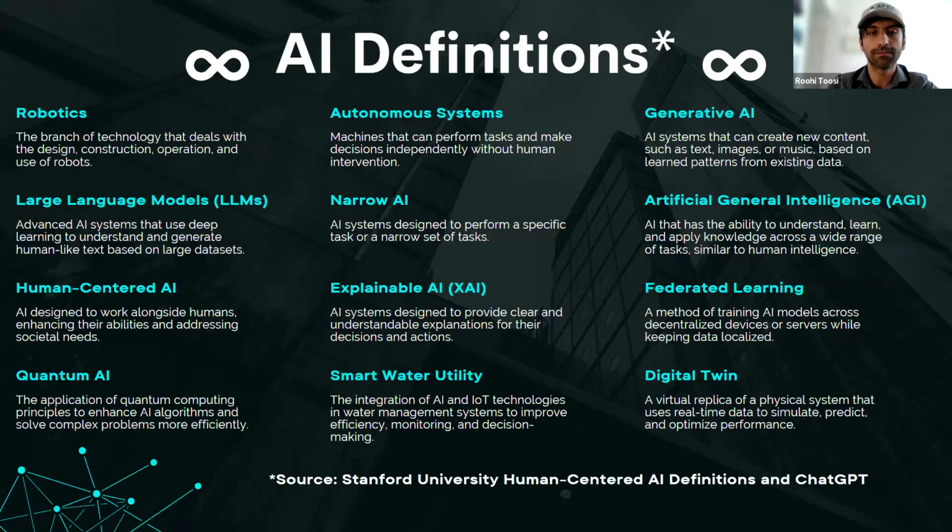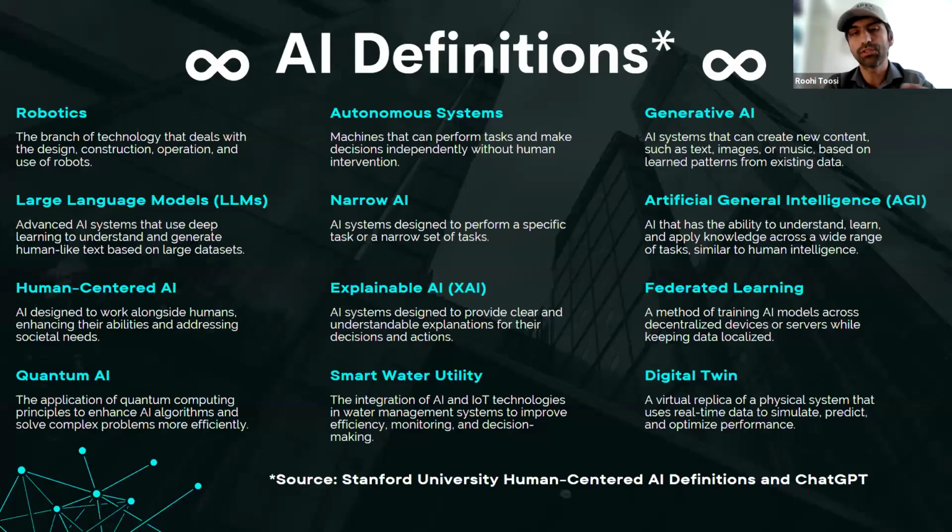But there are 3 definitions that I want to focus on. The first is a smart water utility. What is a smart water utility? It is the integration of AI and Internet of Things technologies in water management systems that improves efficiency, monitoring, and decision making. Basically, you have a smart system where all your data are connected, and you have access to it. You have sensors that collect the data automatically and bring it to your system, you run your analytics, and you get your visualized data right off the bat on your desktop,